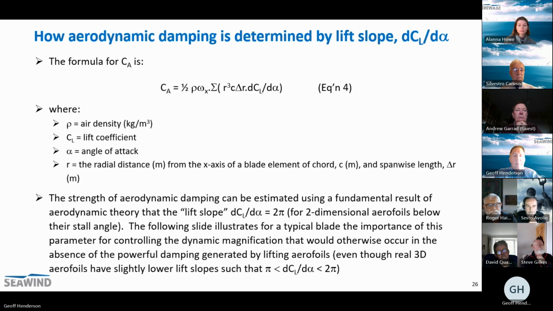So the strength of aerodynamic damping can be estimated using the two-dimensional value for dCL/d alpha of 2 pi, and the following slide illustrates that. And even if you bear in mind that a real three-dimensional aerofoil has a lower lift slope between pi and 2 pi,